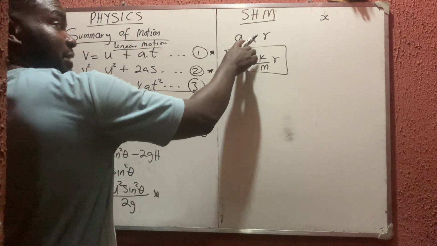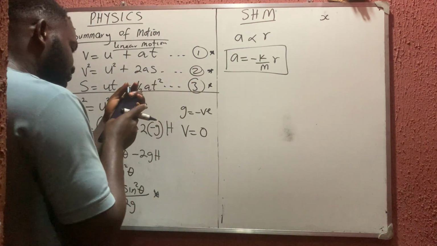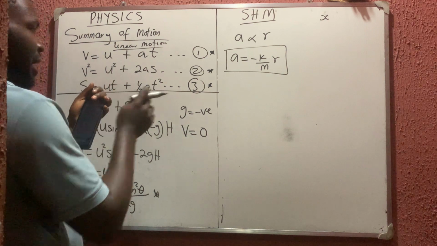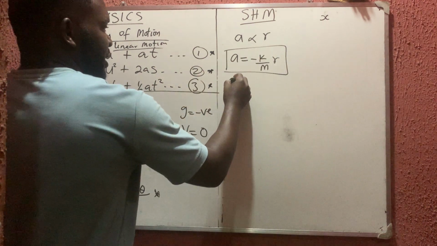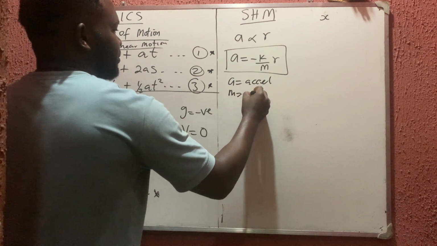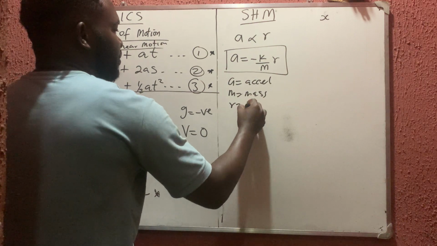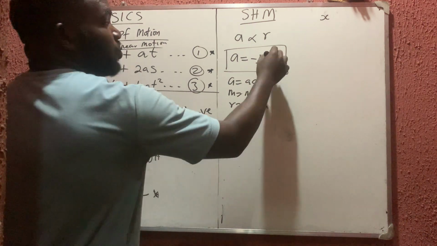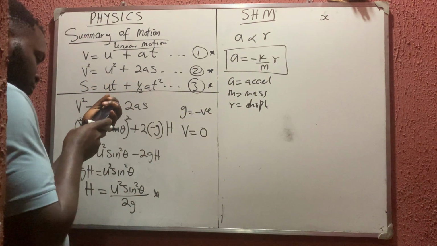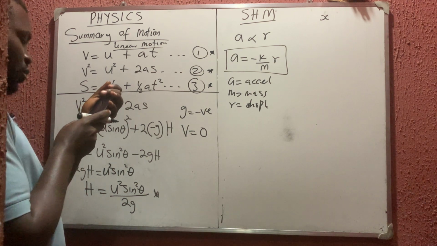Just know that A is directly proportional to R, and the proportionality constant we are using is minus K over M, where M is the mass, my R is the displacement, and my A is the acceleration. Displacement, some use X. Anyone you like, you use. Okay, so now another thing you need to know is that